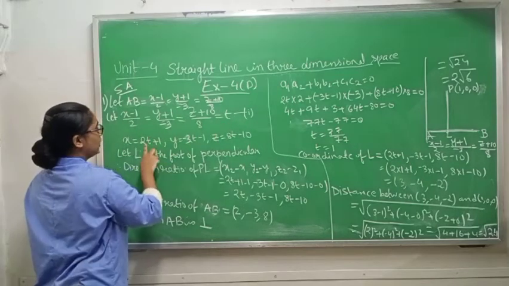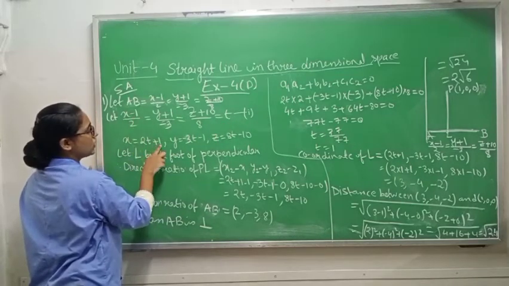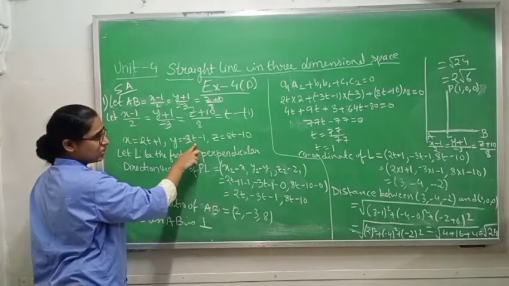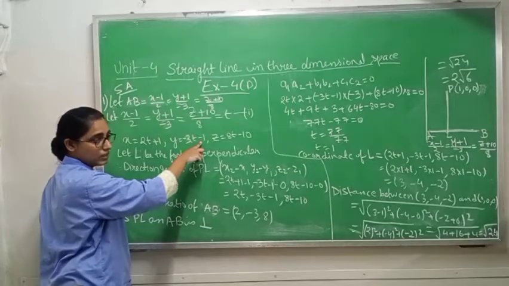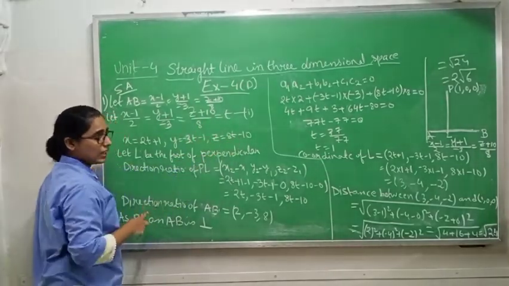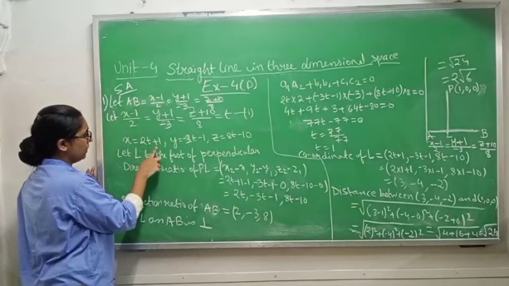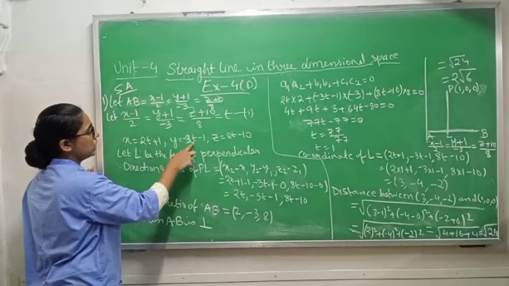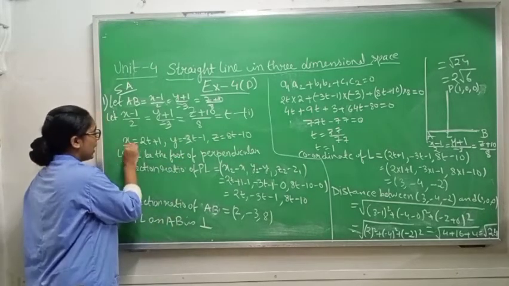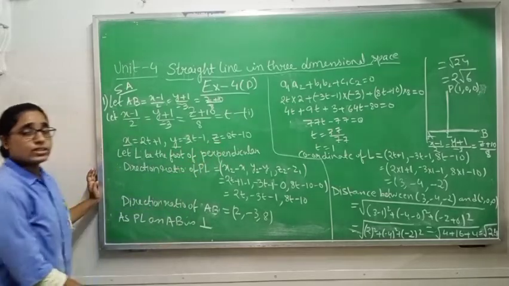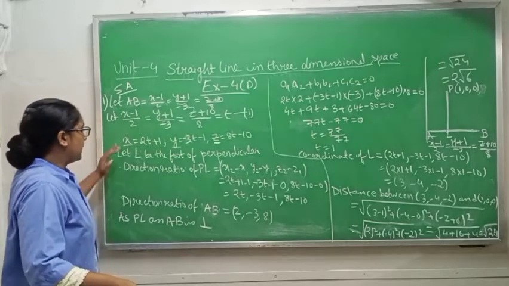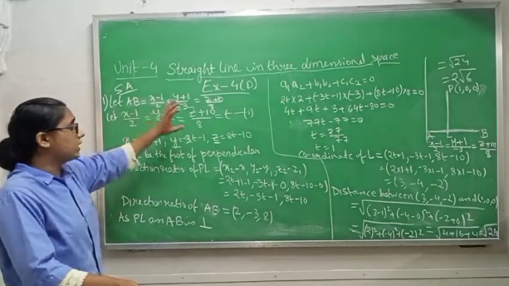This 2 will go that side. 2t minus 1 will become plus 1. Again minus 3 will multiply with t. It will become minus 3t and plus 1 will come, it will become minus 1. 8 into t will give you 8t, plus 10 will give you minus 10. So the x value you are getting is 2t plus 1, comma y equals minus 3t minus 1, z equals 8t minus 10. So x, y, z. Now you will ask what is x, y, z. So x, y, z we are getting, this point, after solving the given line.